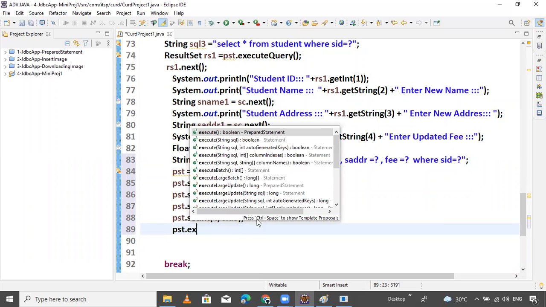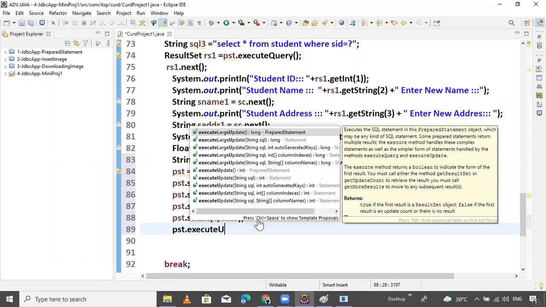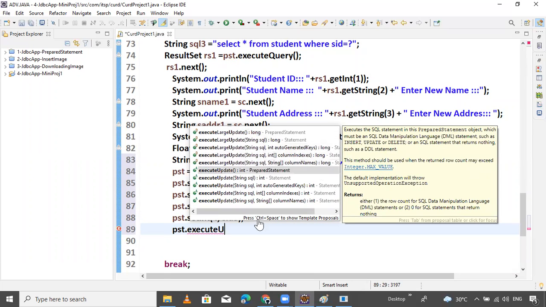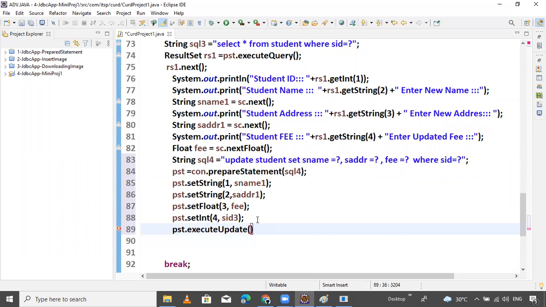PST dot execute update. Update method's return type is what is that? Int. Suppose I. So I want to check. I is already there, I think.